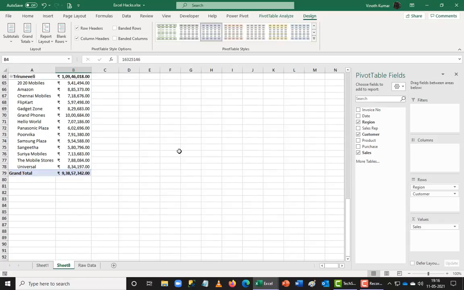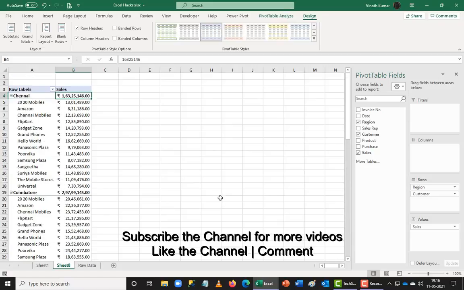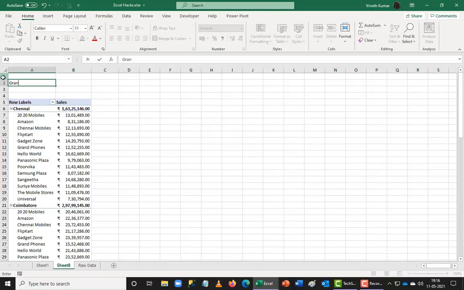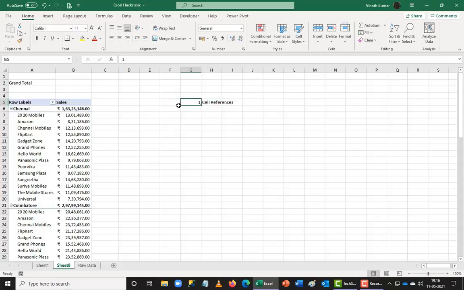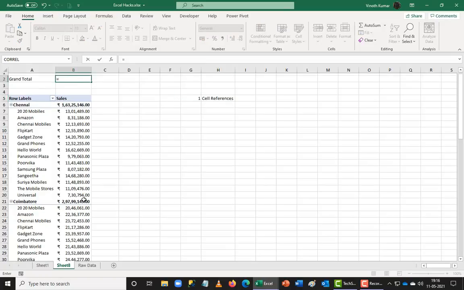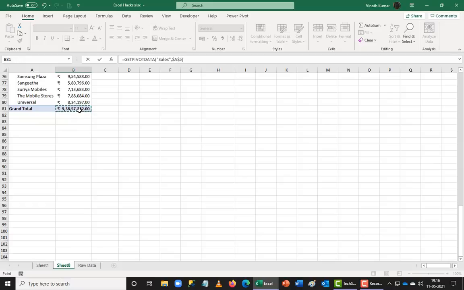But if I want to get to my grand total, I have to go to the last line. So how do I hack this easily? I'm going to add a few lines here on top, and then I'm going to call the grand total to come on top. I can use the first method, called cell reference, but cell reference is a little odd here, because if I filter the data, then my cell reference will give a tough output. So for example, when I say equals here, then scroll down to the last line and press enter, I get the value here.